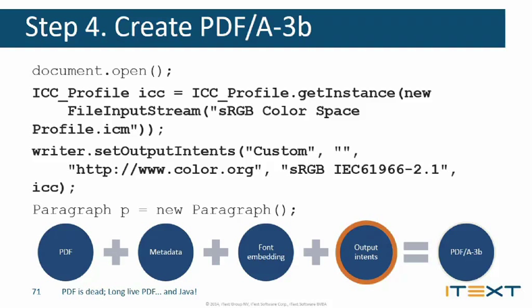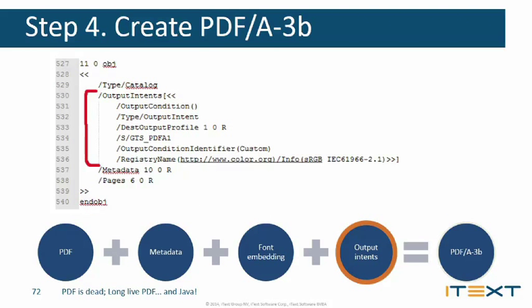So we can read out an ICC profile from disk, from file, and then use the PDF writer to set this as an output intent using the ICC profile. In this case, it's an RGB-based ICC profile. If you look at a PDF on a low level, just opening it in a text editor, for example, you can now see it has output intent information using this ICC color information.